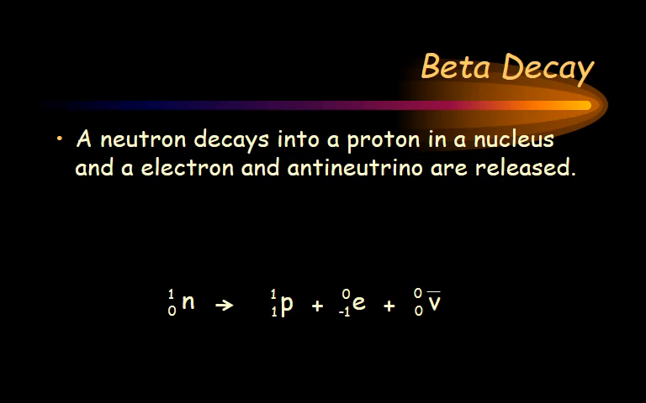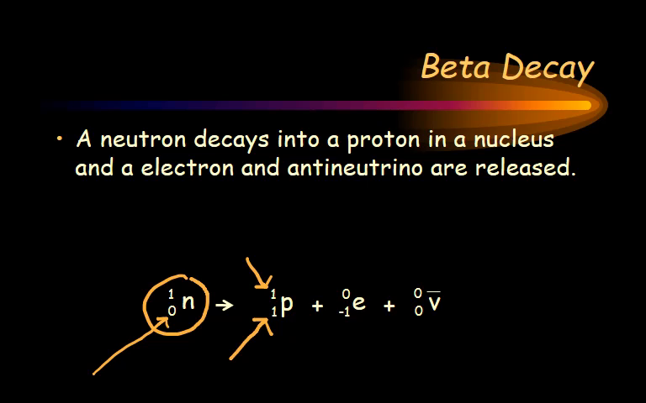So a neutron decays into a proton in a nucleus, and an electron and an anti-neutrino are released. If we have beta decay, that neutron itself becomes a proton. Again, this will happen in a nucleus if there are too many neutrons. So what we see here is we have now a proton, same atomic mass, but now we have +1 charge. And so we know with conservation of charge, if we started with 0 charge, we should